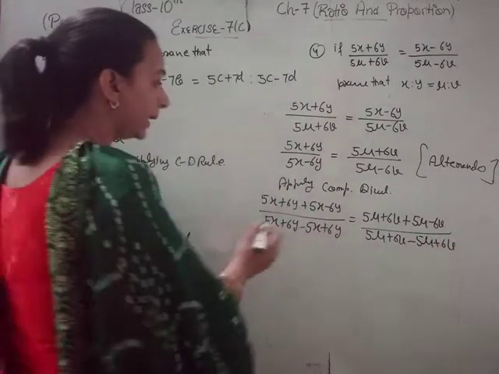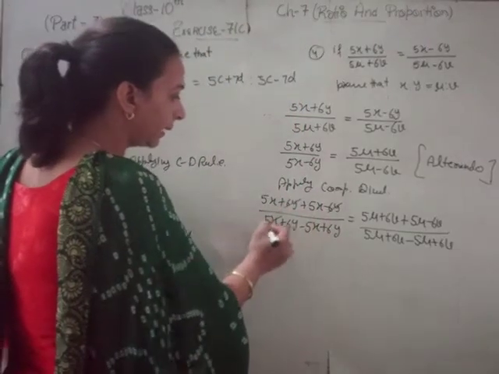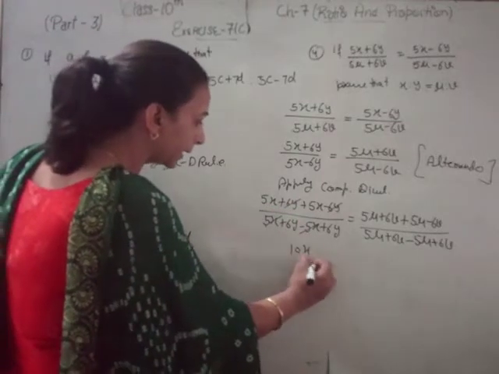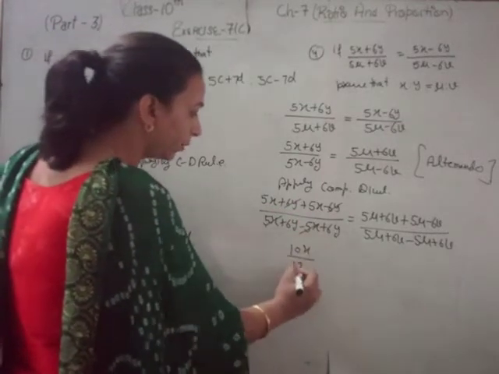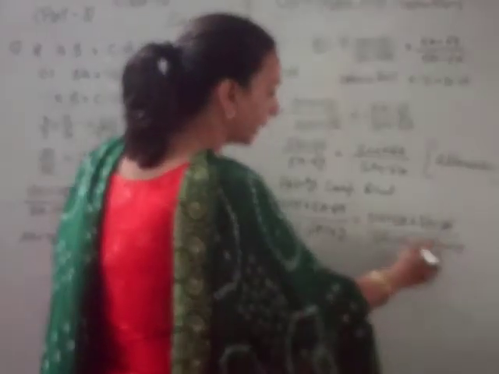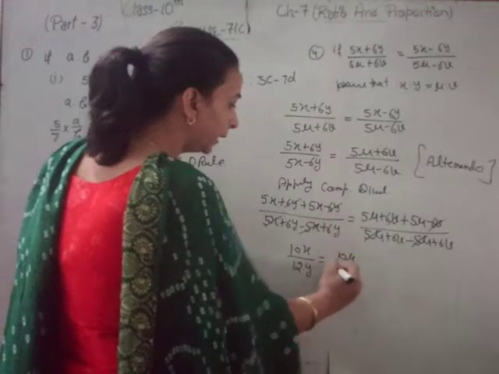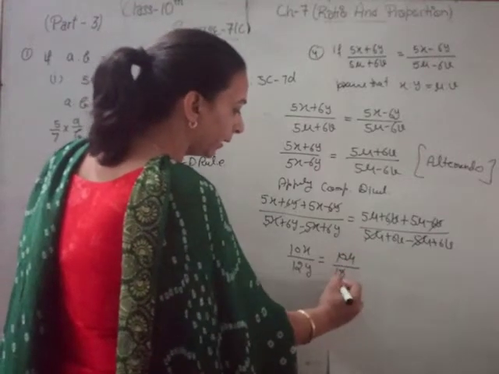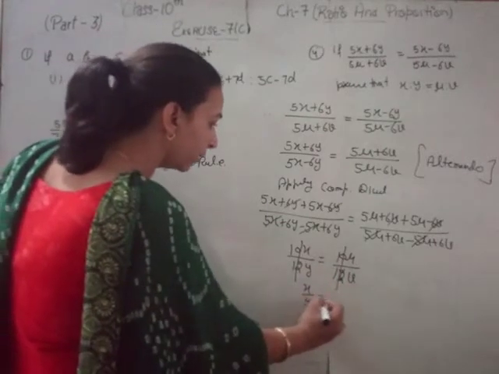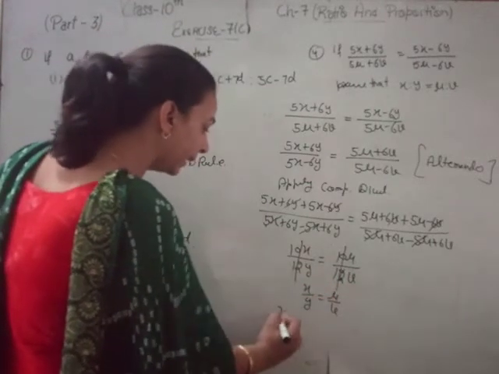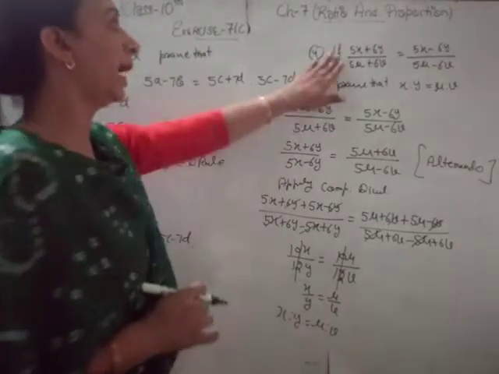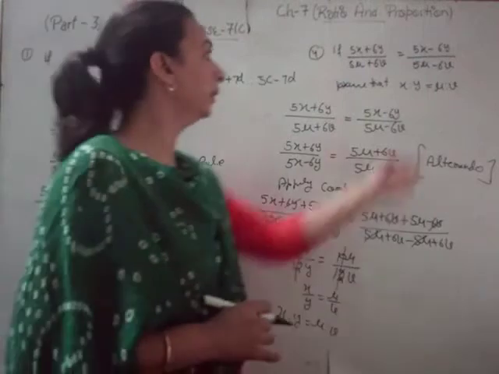Okay, next is 6y cancel, 5x, x cancel, 5x plus 5x, this is 10x divided by 6y plus 6y, 12y, and this equal to 6v cancel, 5u cancel, then 10u divided by 12v. Okay, then 10 by 12 cancel out, then x by y equal to u by v, and we can write this x ratio y equal to u ratio v. Okay student, if this is given, then with the help of this we have shown this.